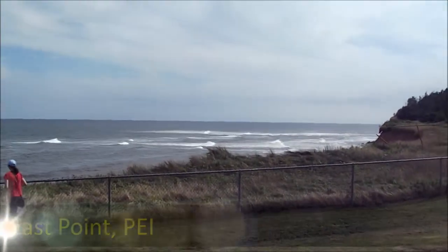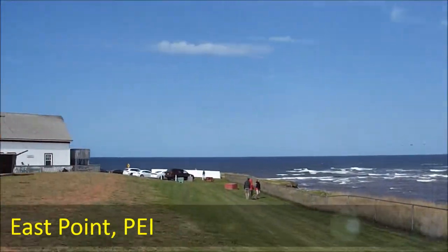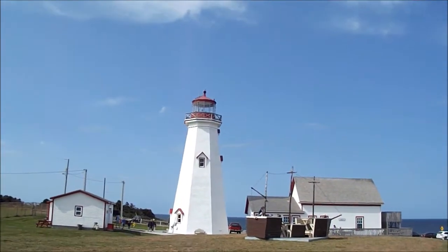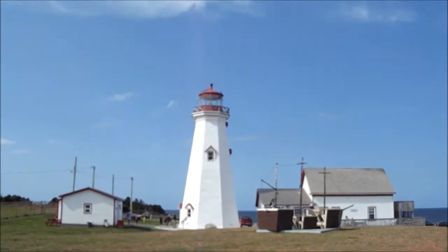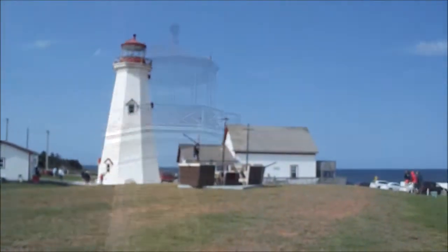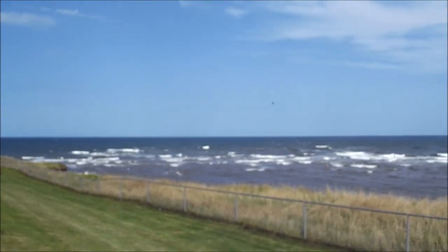Well, we made it. We're here at East Point PEI, taking a look around. A beautiful view of 207 degrees of water. And there's the East Point Lighthouse. Pretty cool. Hopefully you can hear me. It's really windy in this area. But we were at the